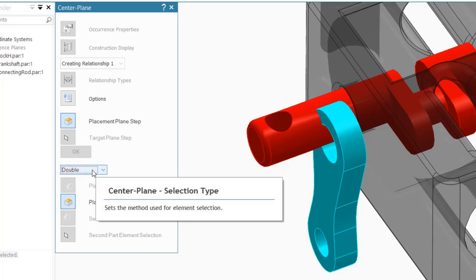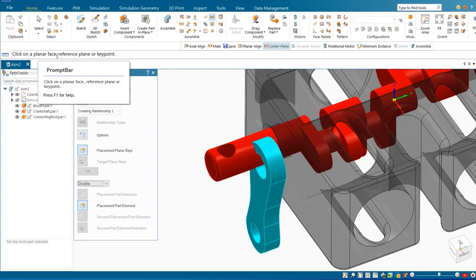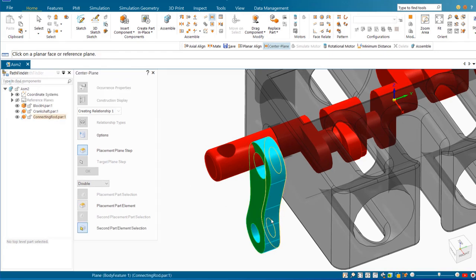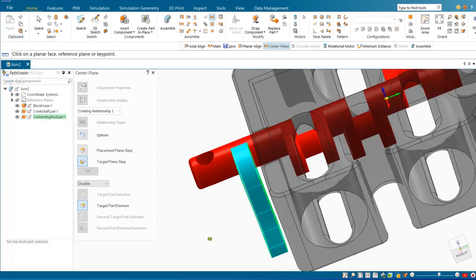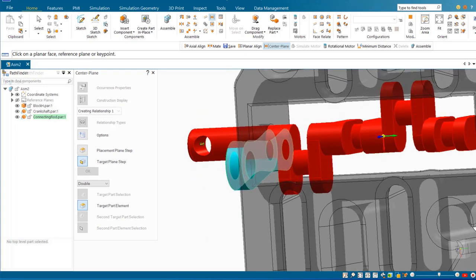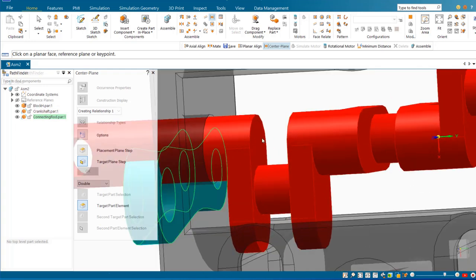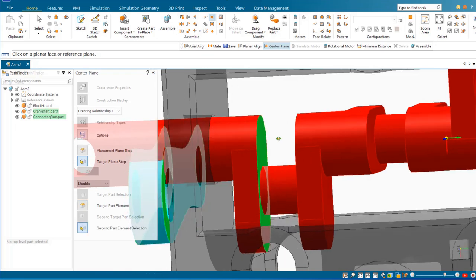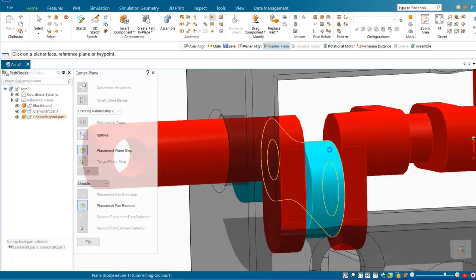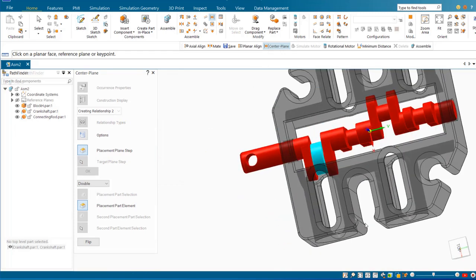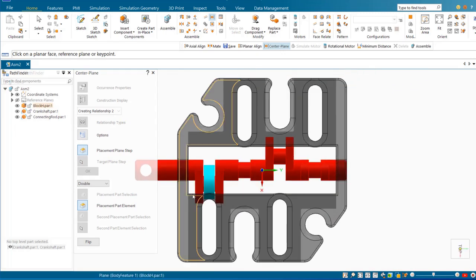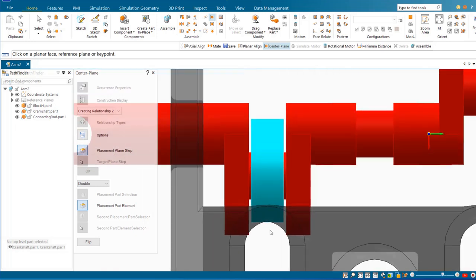So once that's on double, it's asking me, click on a plane or face. So I'm going to click on this plane or face, and I said double, so I'm going to do both sides. So this side and that side. Then I'm going to come up to the crank and say this side and this side. So there it is. So if I look at that from the top view and zoom way in,